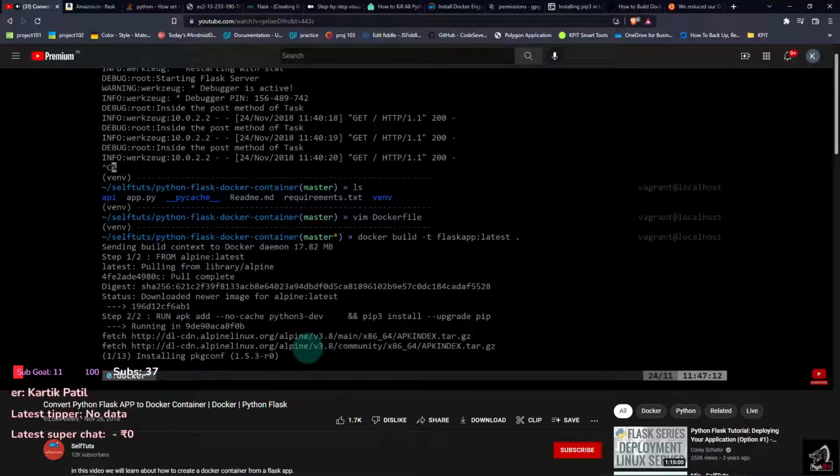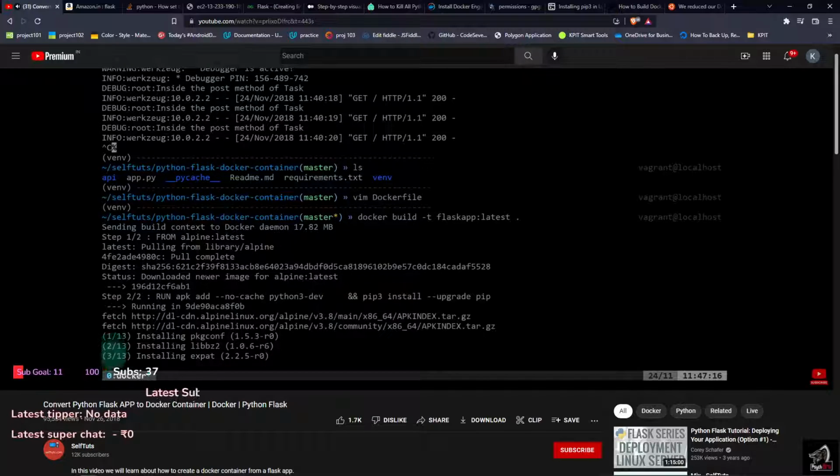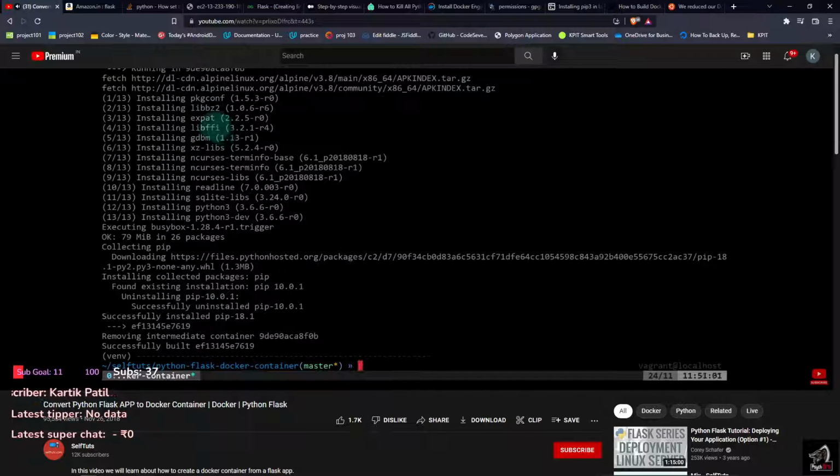Now it will take some time, so it needs to install these 13 modules, and it is currently installing 1 out of 2, 2, 3. Once this completes, we'll come back. Installation has successfully completed, which means the second step, adding Python 3 development modules and upgrading pip, has been done, and these are the different packages which were installed. Now if I check Docker images, what images are present on my local system,